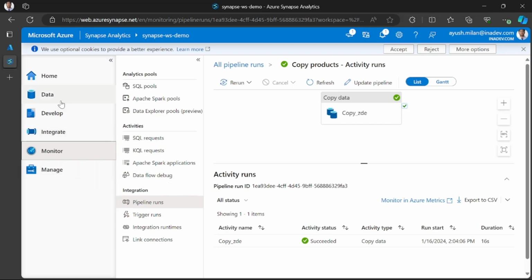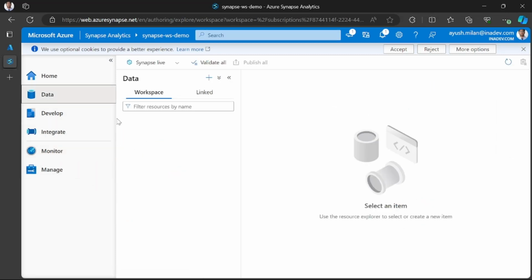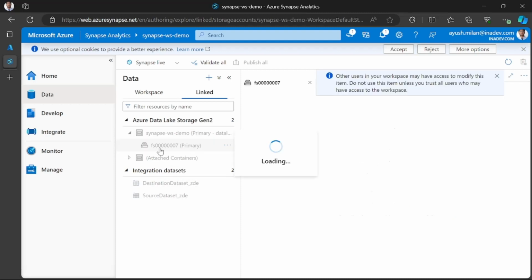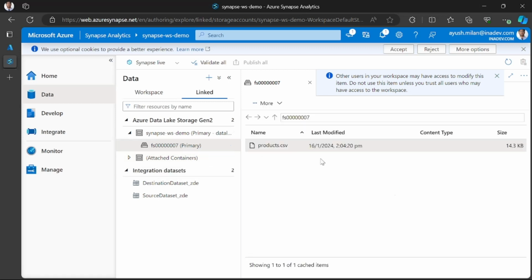Now just go to the data page and select the linked tab, this one, and you can see integration dataset. Two datasets are created, source dataset and destination dataset. And in Azure Data Lake Storage, we have a Synapse workspace demo, in which we have a fs folder in which our data is populated here. So in this way we are copying the data from a URL to Azure Data Lake Storage using Synapse